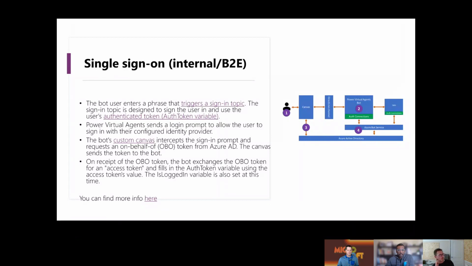So Matt, if you can go to the slide. Sure. So the internal use case, if you have Azure Active Directory as your internal identity provider, and you're using PVA, enabling this is pretty simple, and I would highly recommend it because the experience is really nice for your users. So if this is an internal bot on your intranet or similar, then the bot can work on behalf of your user. To simplify what goes on, it's just another OAuth token exchange